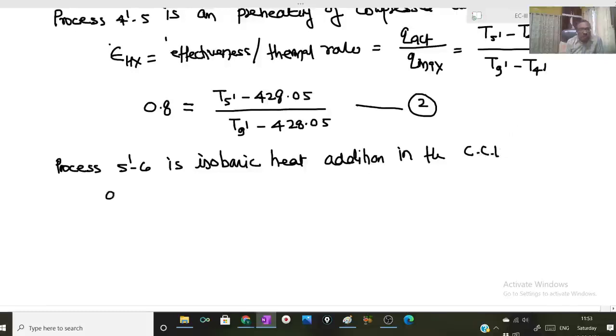So heat supplied during this process will be, now we have to neglect mass flow rate of air, and we have to neglect mass flow rate of fuel, sorry. So fuel air ratio is not coming into picture. So one method of calculating heat supplied is this: m dot f over m dot a into Cv. This is one formula, and another formula is